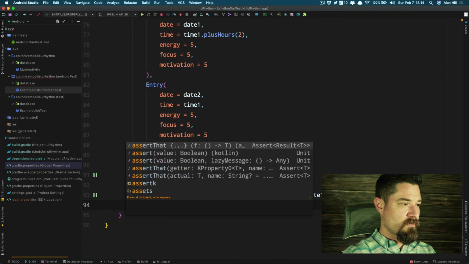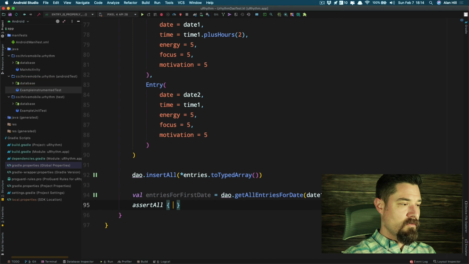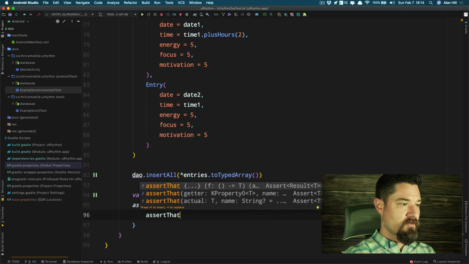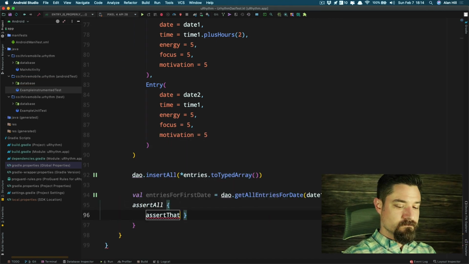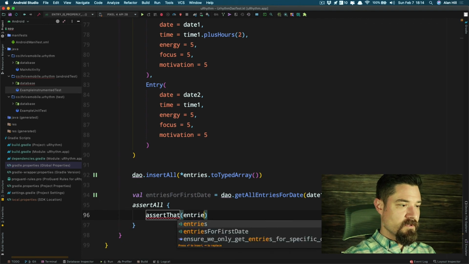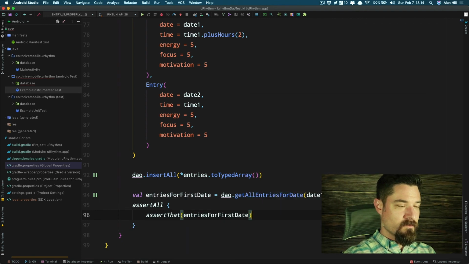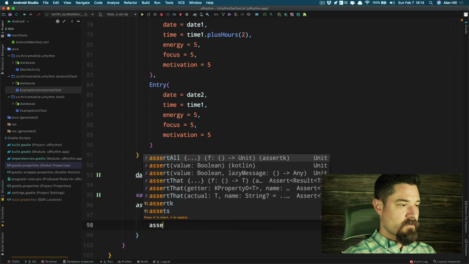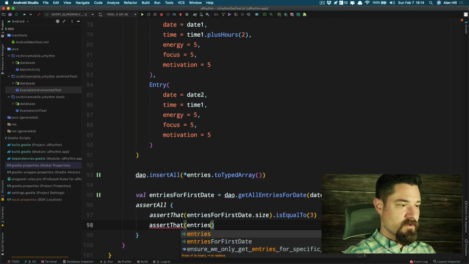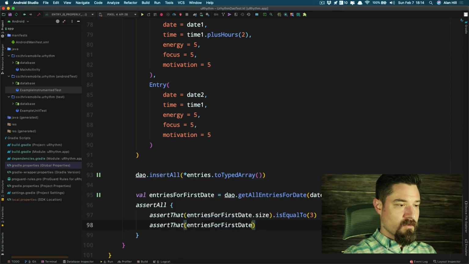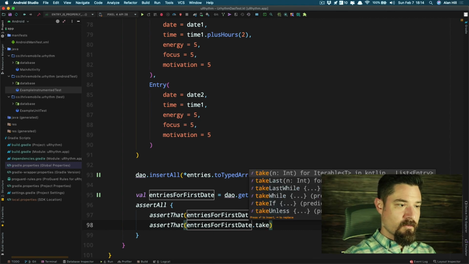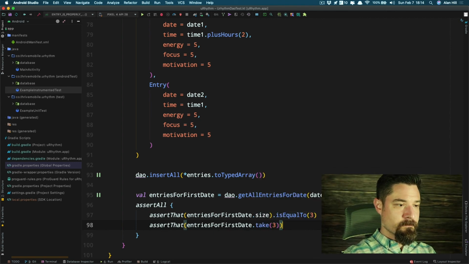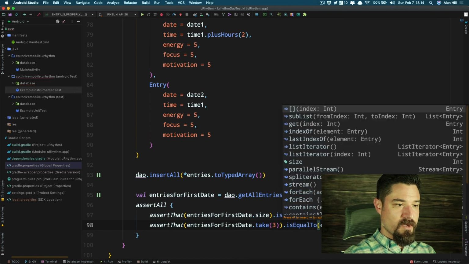And then I'm going to do assert all, assert that entries for first date dot size is equal to 3. Assert that entries for first date dot take, I'm going to take the first 3, is equal to entries dot take